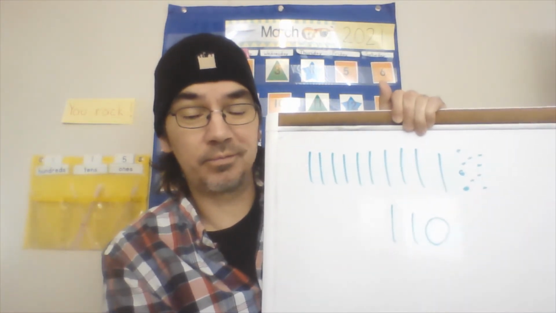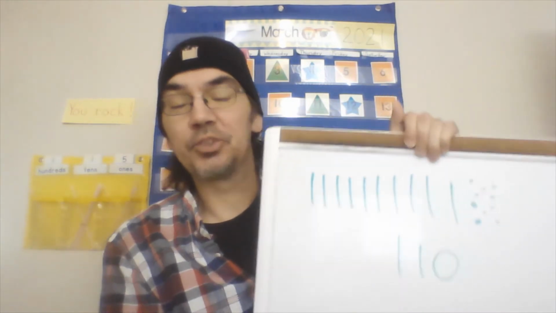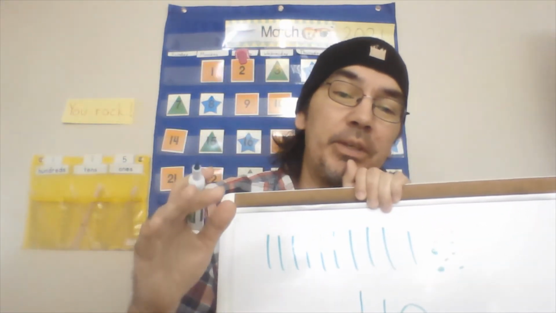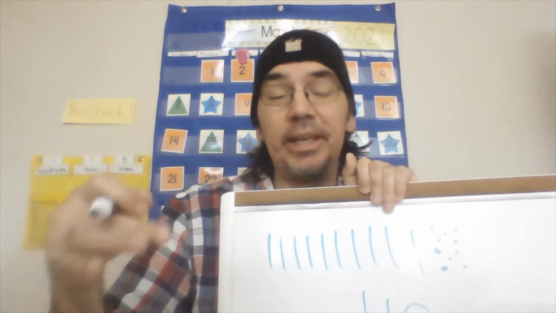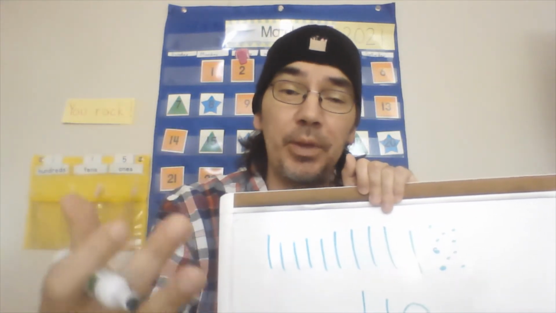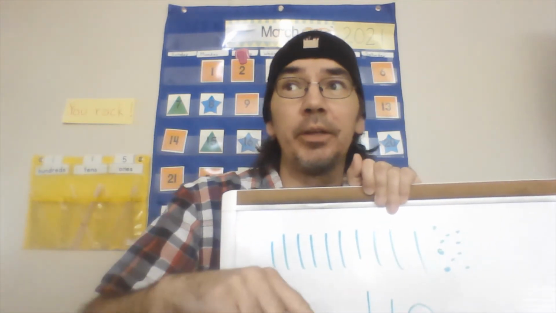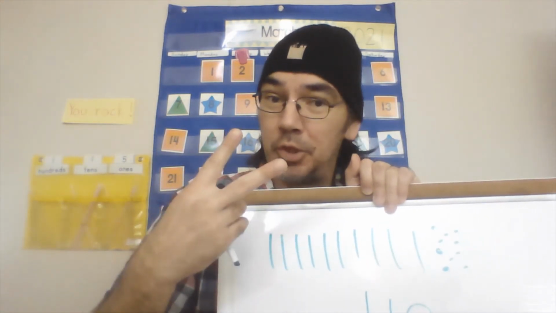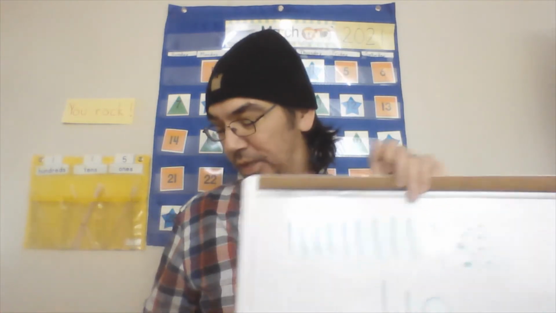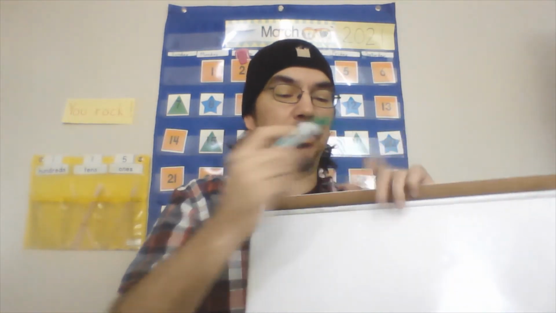110. All right? So what we're going to do today, you're going to be given a problem that'll say 10 tens and one more, 10 tens and two more, 10 tens and three more. All right, we know what 10 tens is, right? That's 100. So 10 tens and 2 more is 102, right? Just like that. Okay, so today that's what you guys will be doing